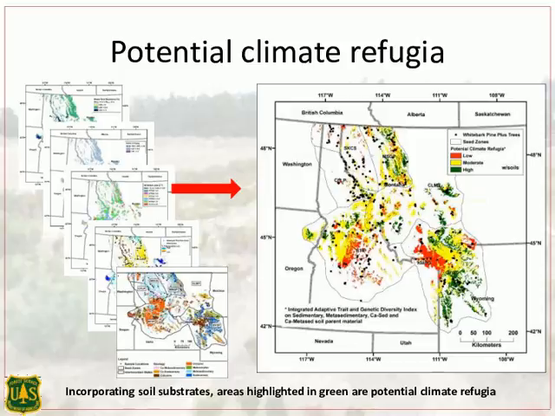So this might inform where we prioritize our strategies for restoration. We don't have adaptive capacity in any of our species distribution models, and I would encourage our climate models to also apply a filter of suitable substrate, and then we'll get better predictions of where whitebark will persist into the future.